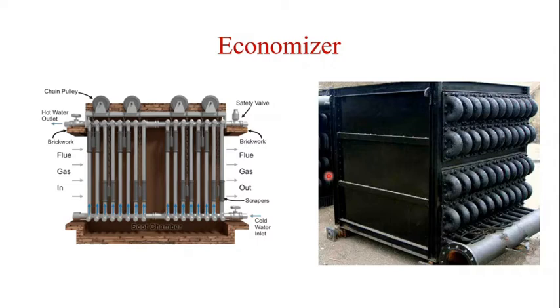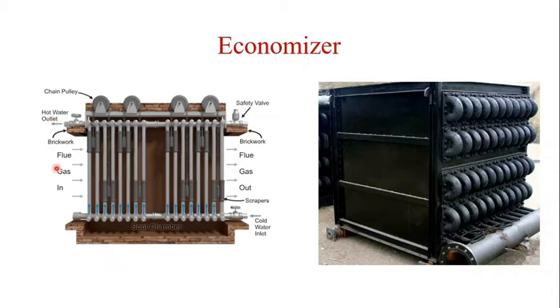As earlier we have seen, we are getting advantages with the help of economizer, that is fuel economy, as well as it will help us to reduce the size of the boiler. Let's see the schematic shown in the left hand side of the slide. This is the economizer. In this, the cold water is introduced from the pipes at the bottom of the chamber, and it will be extracted from the top of the chamber as hot water through the pipes.